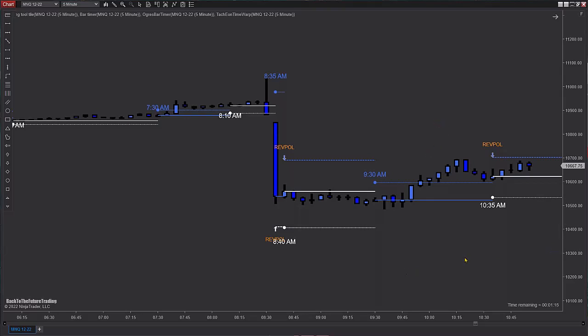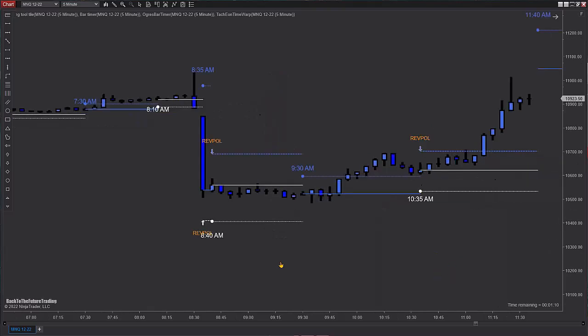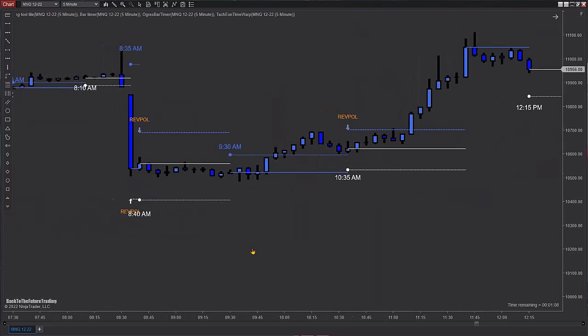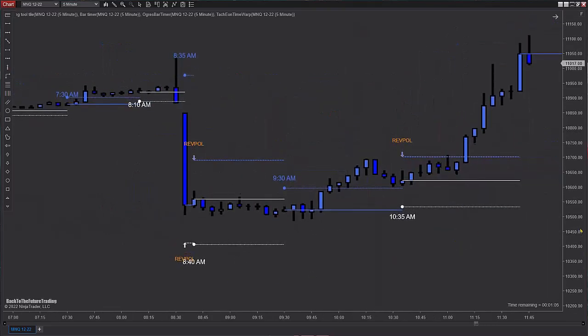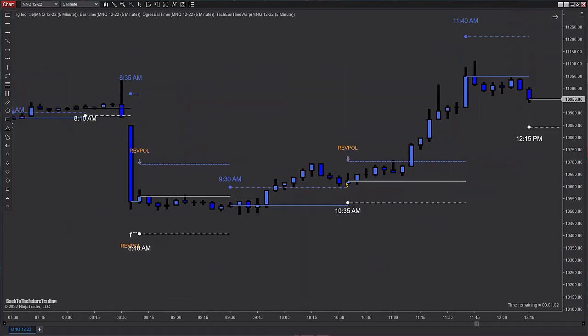but because it allows me to take a break once I'm in a trade, from, say, let's find some regular trading hours. I guess that is regular trading hours. It allows me to take a break from, even if I took this rev pull short, I would have gotten stopped out here, right? But then I would have re-entered at the stop puncture like this. And then once I'm re-entered, I can take a break from 11:15 to 11:40. Once I have my ATM set, I've got a first target here, and then a runner that exits there.